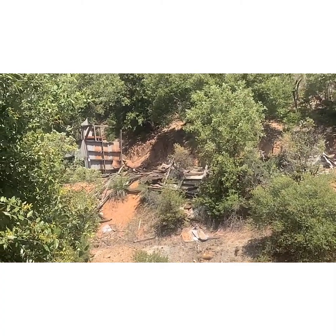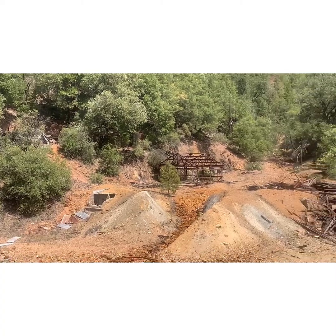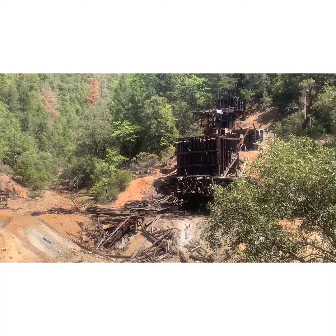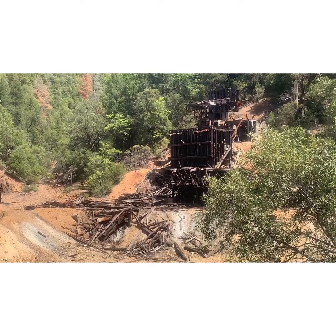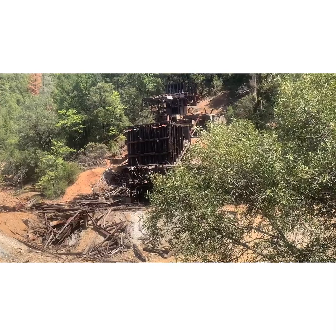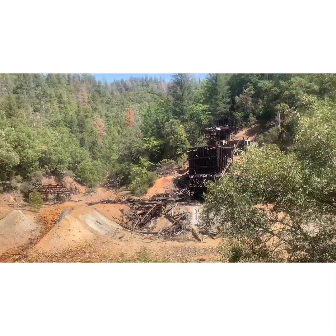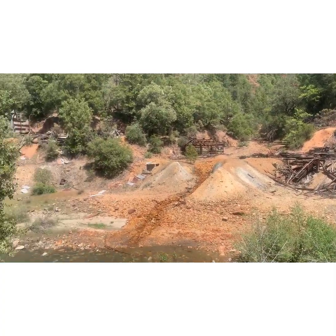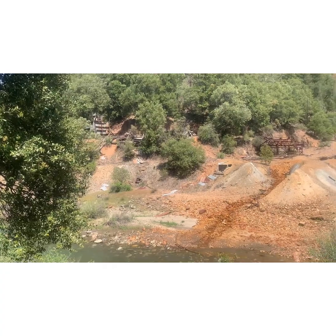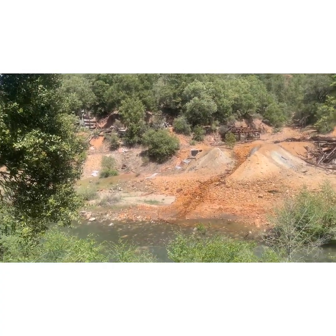This is like a little old coal mine area right here off to the side of the road on the way to Burney Falls. This is about an hour and 11-minute drive from Redding to Burney Falls, but I just pulled over to look at this little area and you can see the river down here. There's not really a way to go down here, nor would I want to go down here, just because